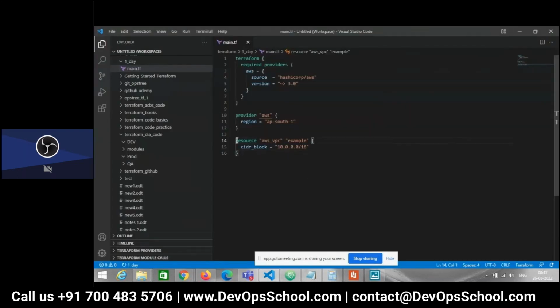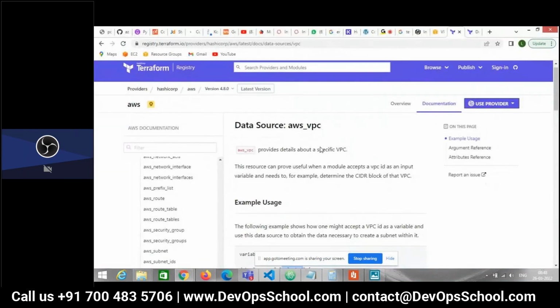Here I have defined the resource block. Resource is the keyword which we use for a resource. After that, we mention in double quotes which resource we want to work with. Here we are working with aws_vpc, so AWS will understand aws_vpc only, and we can't change these two things. And this, example, is basically known as the logical name, the third part. The logical name is what we use within the code for referencing the resource. For example, I am creating a